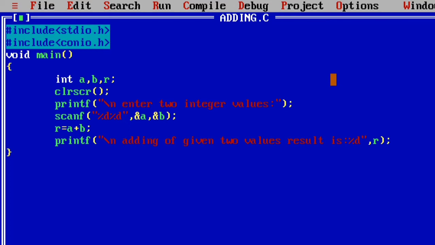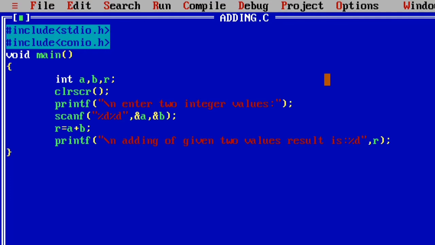In the classroom environment you are both programmer and user, but you have to give comment lines to the user.